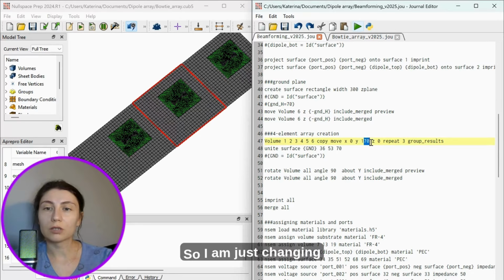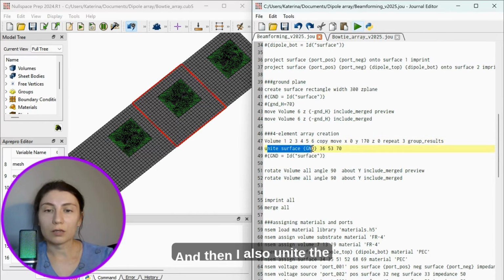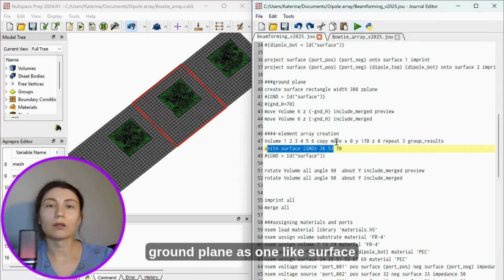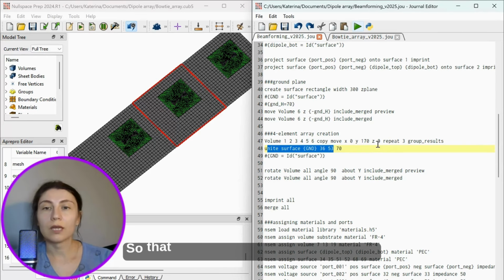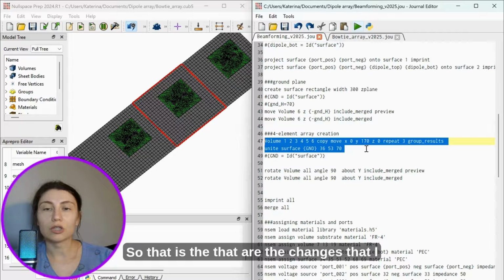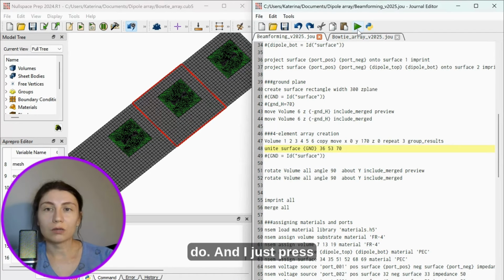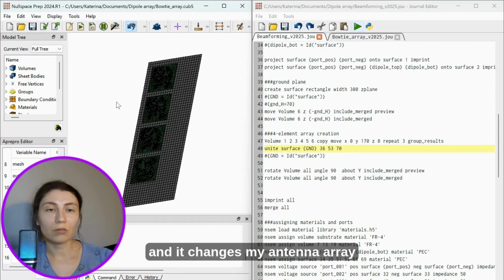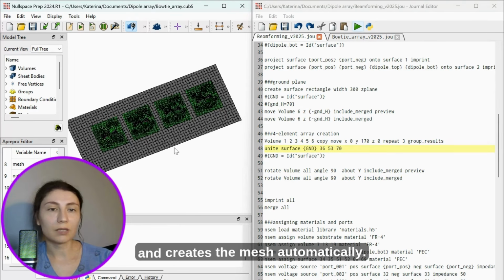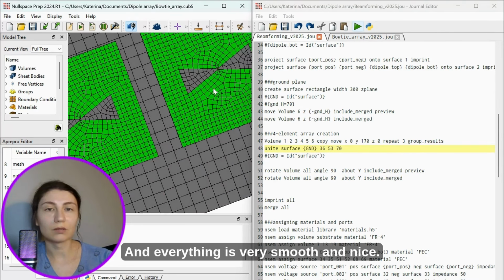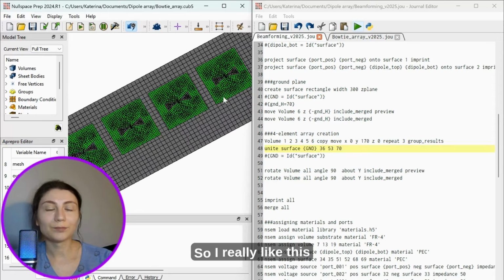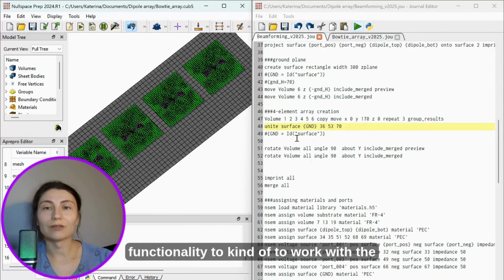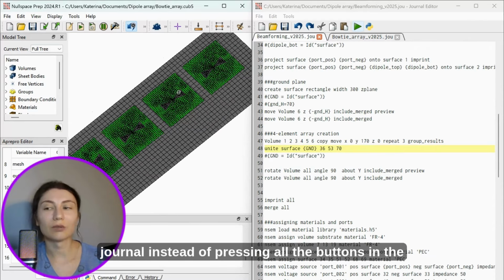So I am just changing the distance here to 170, approximately half lambda, and then I also unite the ground plane as one surface to have only one surface. Those are the changes that I make, and I just press run from the journal, and it changes my antenna array and creates the mesh automatically, and everything is very smooth and nice. So I really like this functionality to work with the journal instead of pressing all the buttons in the